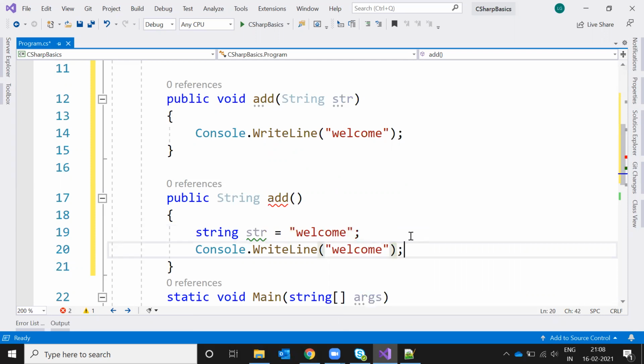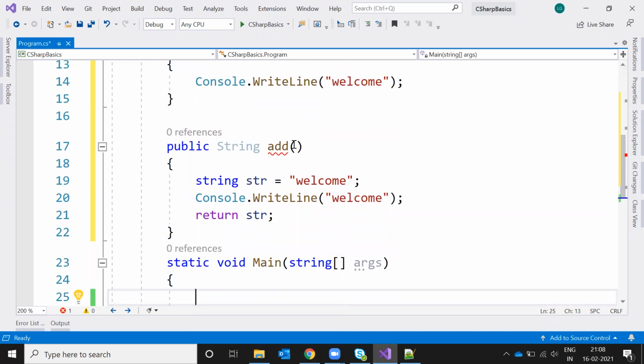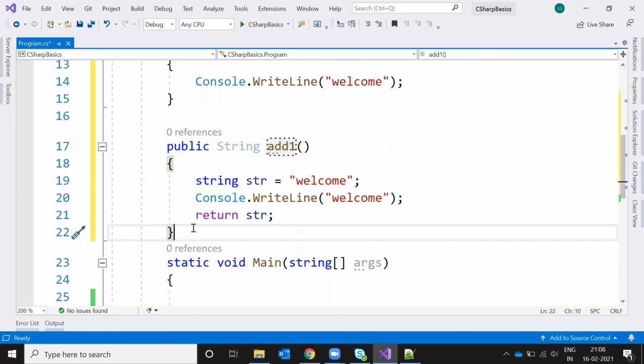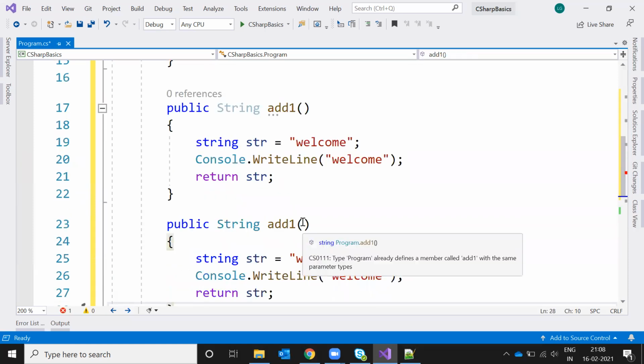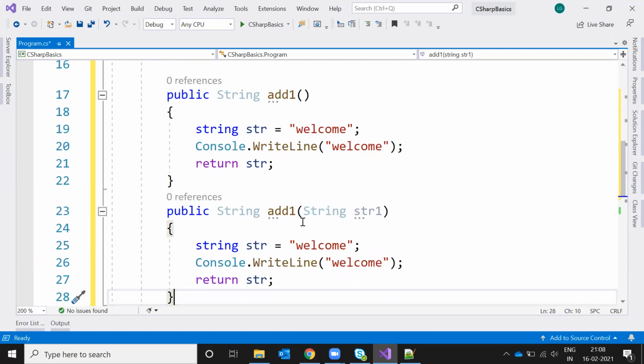It will expect a return of str. Sorry, the method is already present, so you can pass the same method with the parameter and return type, returning str. The same parameter we can access. This way we can create functions with a return type or without, with a parameter or without.